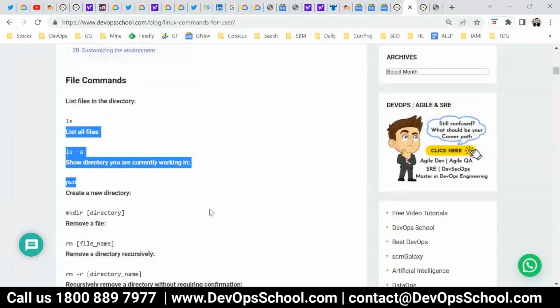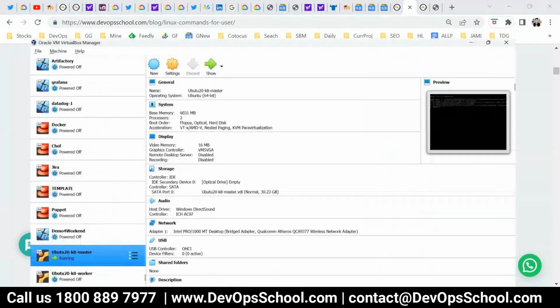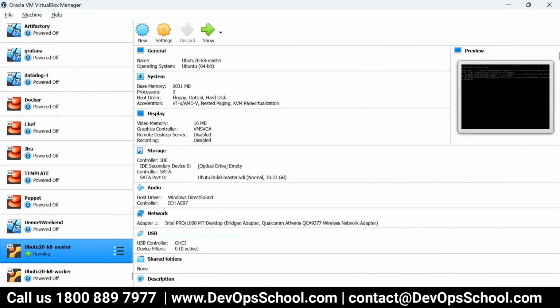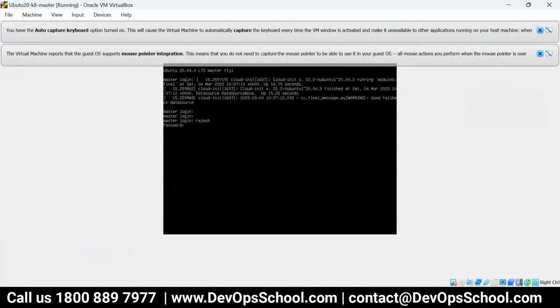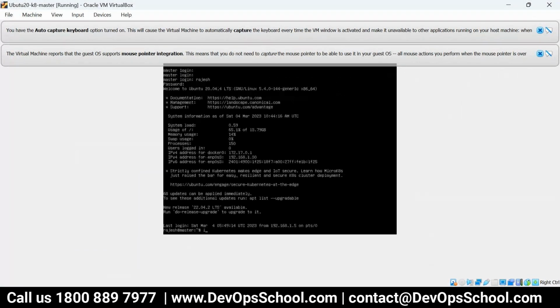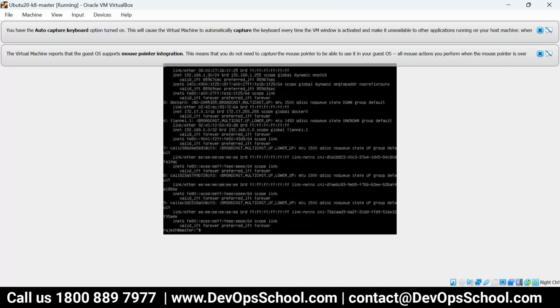So let me do one thing. Let me access one of my Linux servers. Username Rajesh, password Rajesh123. What is the IP address? So the IP address is,